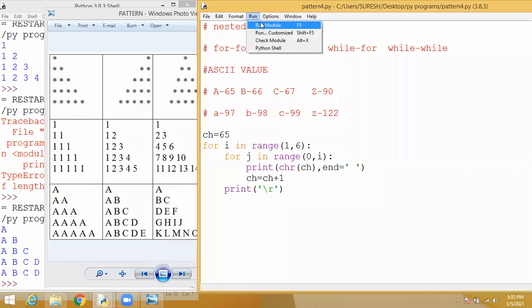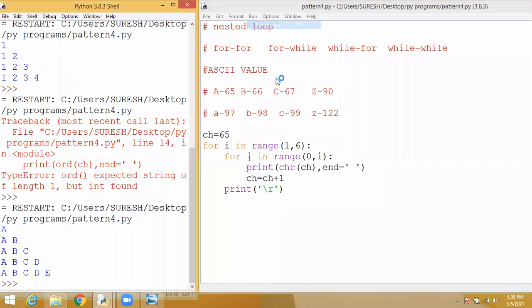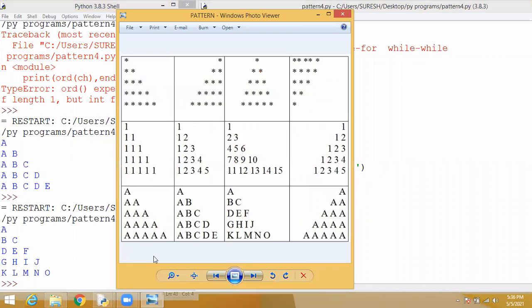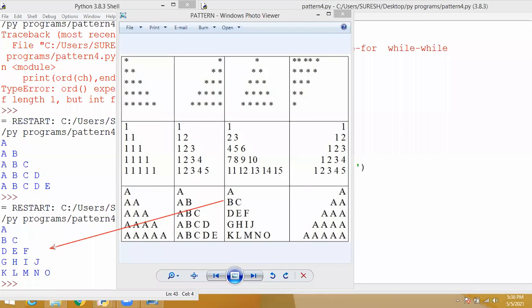I saved the program with the changes. See, I am going to execute. Yes, we got it. See the program output and our question: A, B, C, D, E, F, G, H, I, J. So we have to set the exact position of the starting value. Understood, everyone?